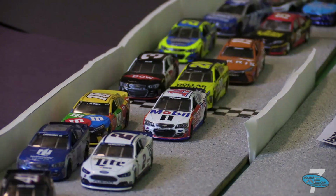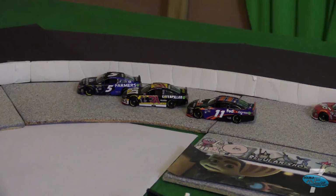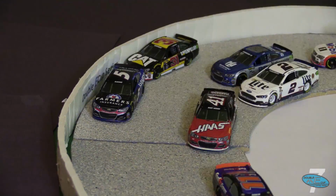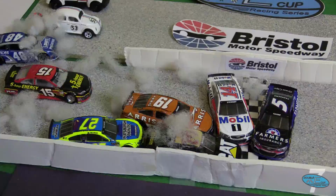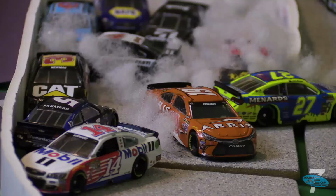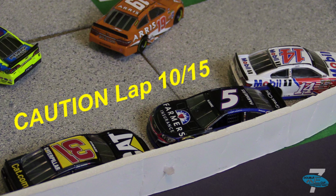Green flag is back out in the air now. Leader is Kasey Kahne. Newman's battling with him for 2nd, trying to get around that inside. Here comes Denny Hamlin, drives it in hard. Into the wall goes Kahne. Newman is involved. Big crash on the front straightaway. Stewart, more cars piling in. Edwards, Menard, Harvick comes in, along with Chase Elliott and several others, and at least 9 or 10 cars involved